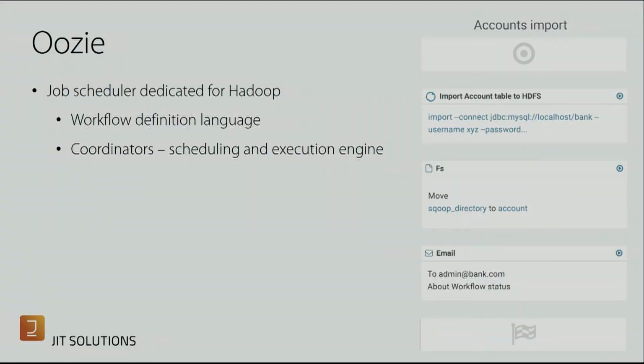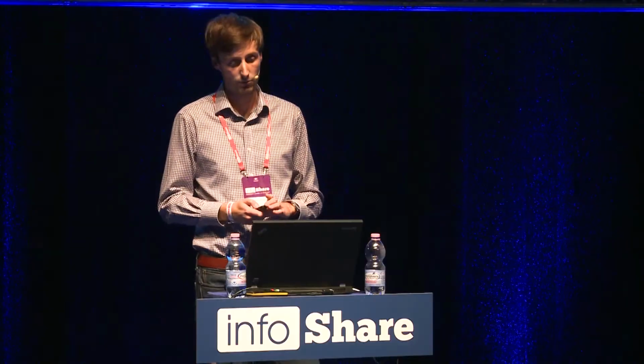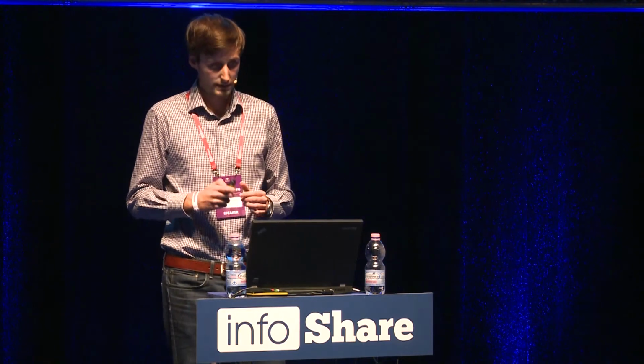Of course, you can write just pure XML, but if you're more a fan of interactive tools, you can also utilize the one which ships with Hue. It lets you just drag and drop certain actions, which can be a Sqoop job, a Spark job, and an HDFS operation, so anything you would normally run on Hadoop. And once you save it and execute it, it's automatically translated to an XML, which you can then run from a command line as well. All right,